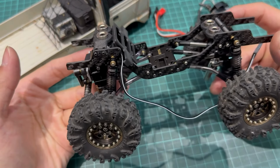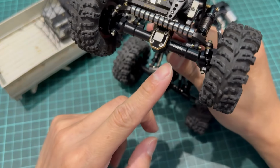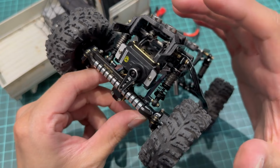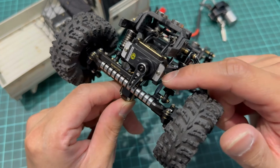Okay, there we go. Nothing too fancy here. This is just going to be a trail truck. The axles are the Injora plus 4mm aluminum axles front and back. I know the body is going to be high and heavy, so I want a lot of weight on the axles. So in addition to this MofoRC brass servo mount, I installed a pair of MofoRC Low Slung brass knuckles